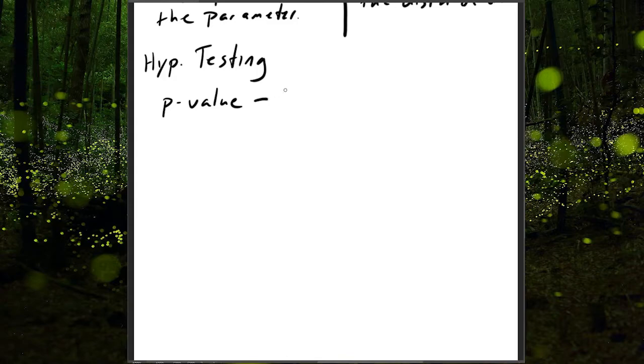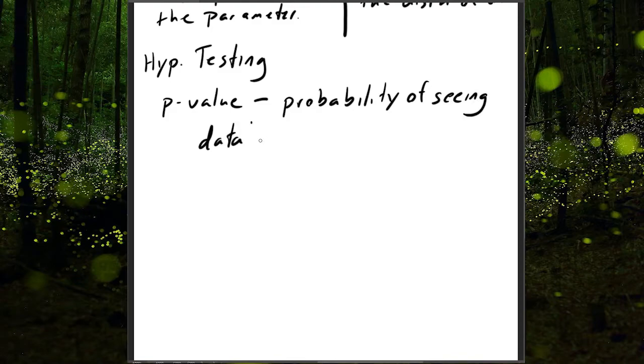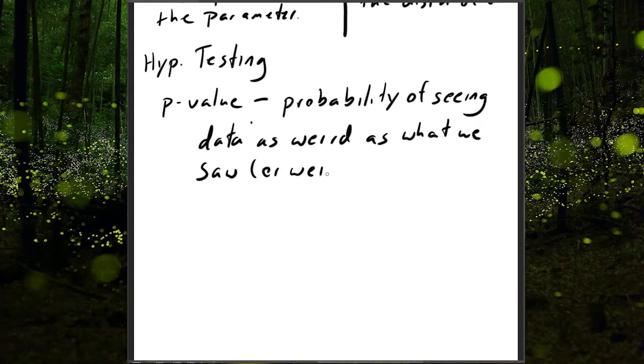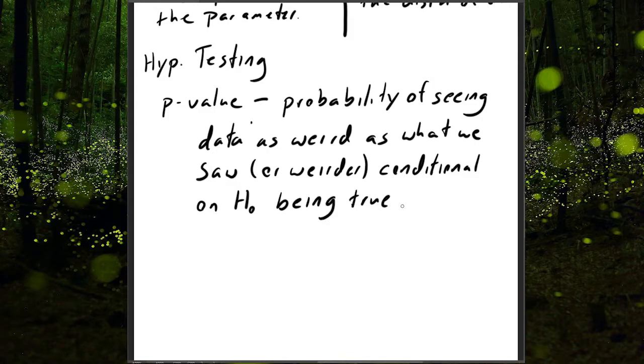And the p-value is the probability of seeing data as weird as what we saw or weirder, conditional on the null hypothesis